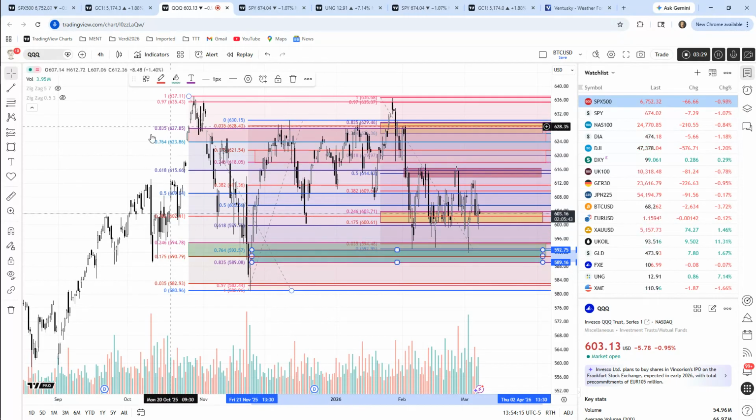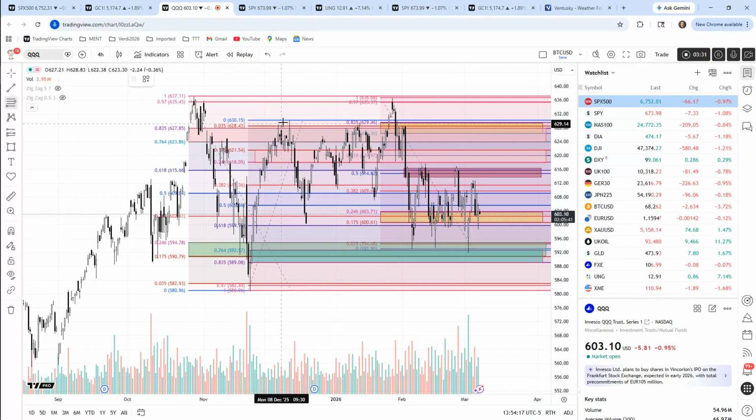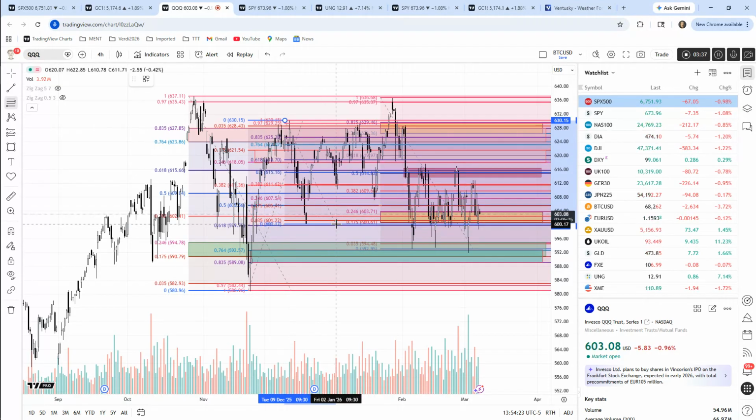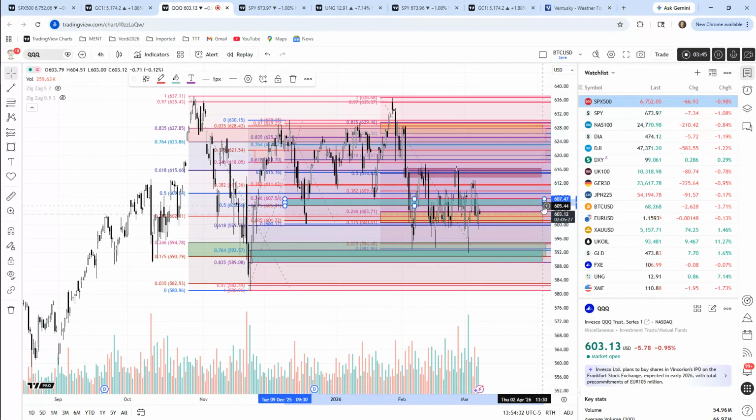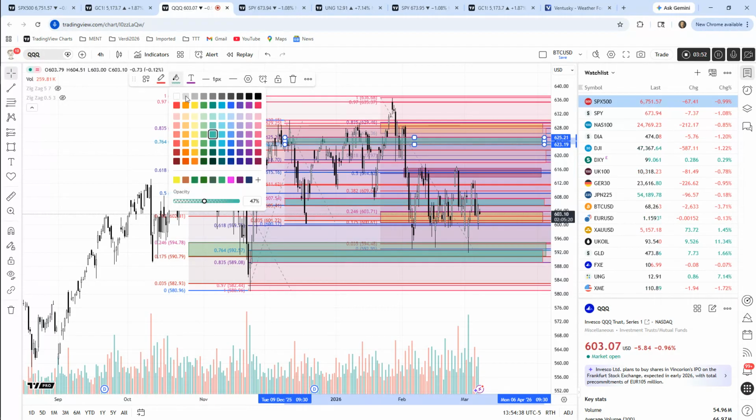I could keep picking these things out, but you want to look for the ones that are most relevant. So I'm going to pick this one, which is right in the middle. And I'm going to show you here that we have a potential support level right here. And we have a potential resistance area right up here. So now, once you understand how all of these